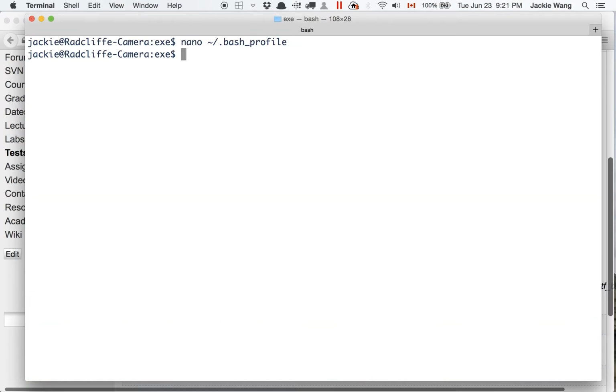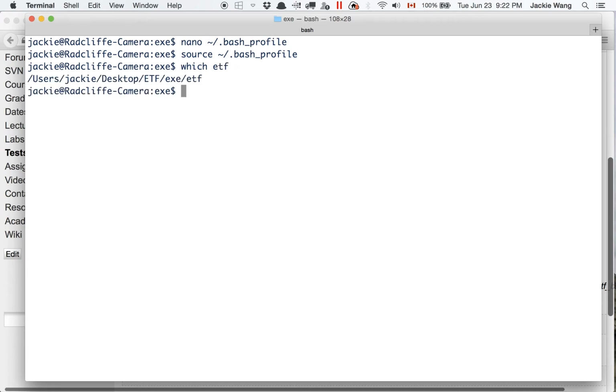Control X and Y to confirm the save, and enter to confirm again. Okay, so once you're done with that, you have to say source bash profile, and then you're going to make sure you really have the ETF command in there. So you do. So now if you say which ETF, that tells you that every time you simply type ETF,